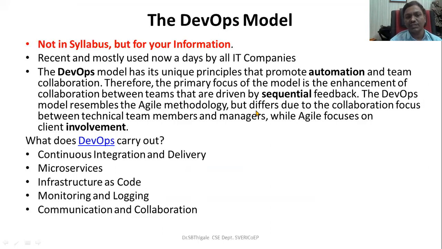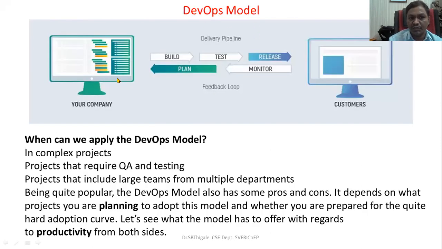DevOps, as the name suggests, means development operations, again focusing on your software development life cycle. So you can see the DevOps model simply helps us make the entire scenario live to the end